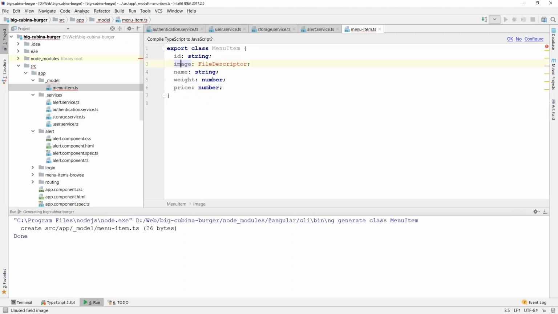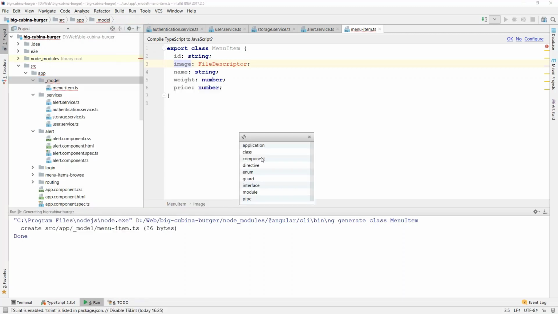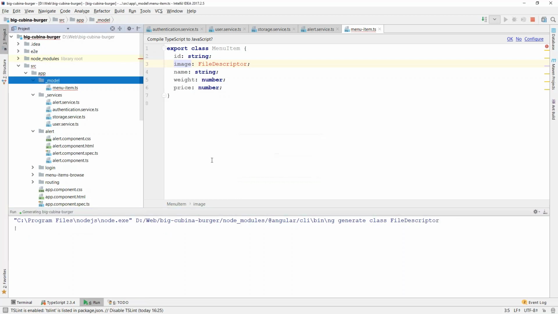And as the image field is represented as the file descriptor entity in the Cubo application, we will do the same and create the file descriptor class. So let's create one more class with name file descriptor.